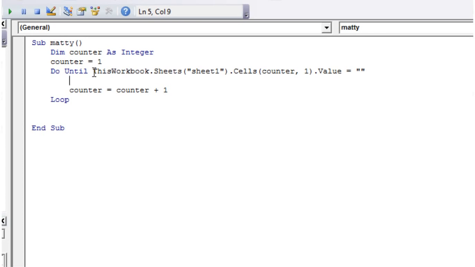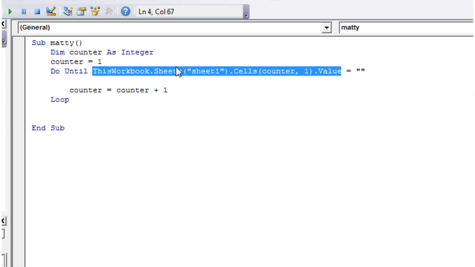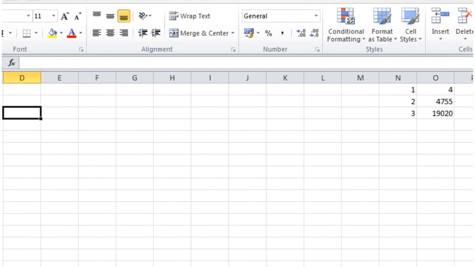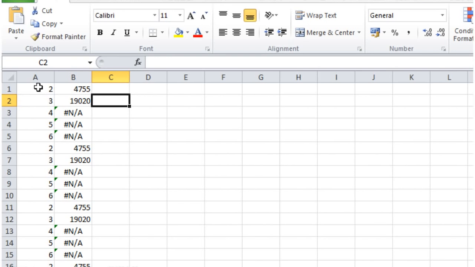And then all I'm going to do in each section is I'm just going to copy that, and I'm going to make it one more in the value. So very simple, just a little loop that goes through and increments all the values in that column. It's just an example. Obviously a real world example this isn't, but it's going to give you an example of exactly what I mean. So if I run this now,